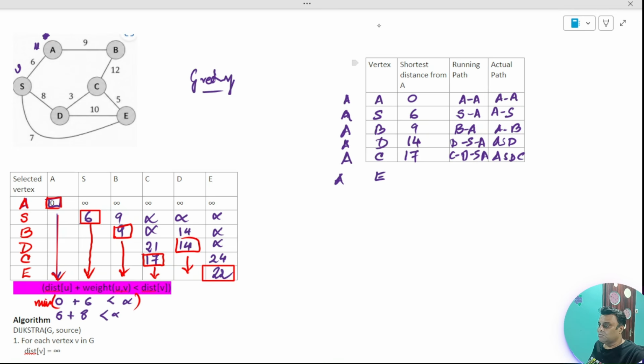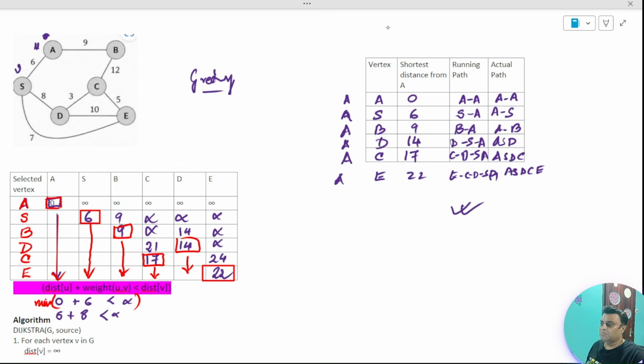So if I want to go to E, then I will go here. Then here there is a difference, which means I will take C. So I have already selected E, then I have selected C. Now if you have selected C, then from there you will only get this path. So there is no need to check it, you can just write it directly, CDSA, and then you can write ASDCE, and then you can write 22 here, and that becomes your Dijkstra complete,